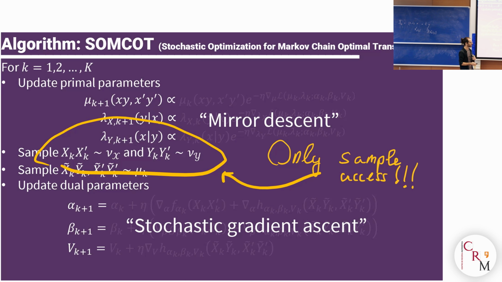And the logic here is that I'm trying to find the saddle point, the min-max of this Lagrangian, which is equivalent to the solution of the problem, by doing incremental updates to mu and incremental updates to alpha, beta, and v. And hopefully these two players are going to converge to a saddle point of this problem, which is what I'm after.